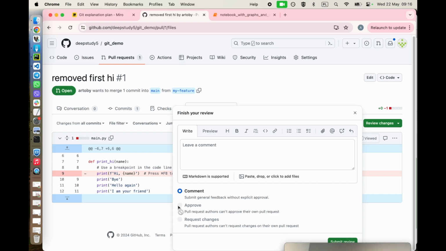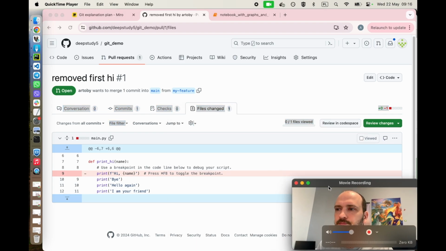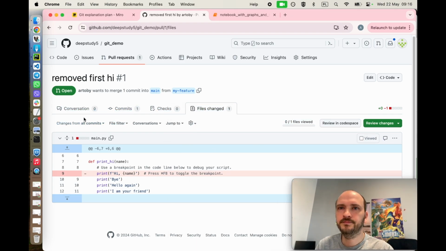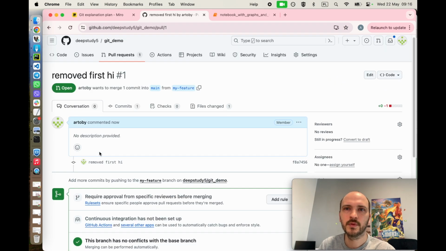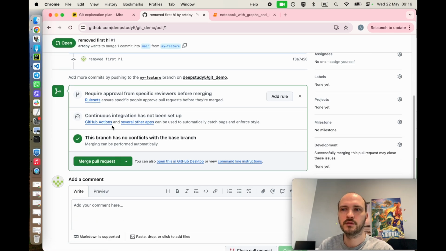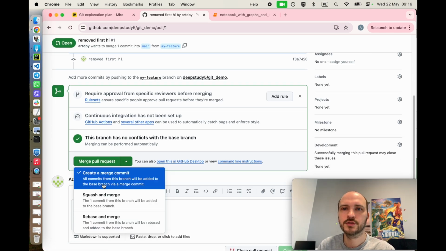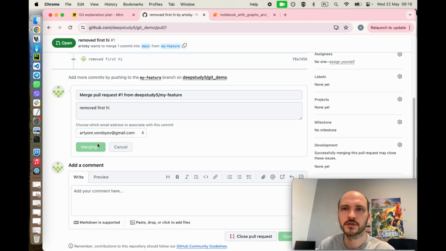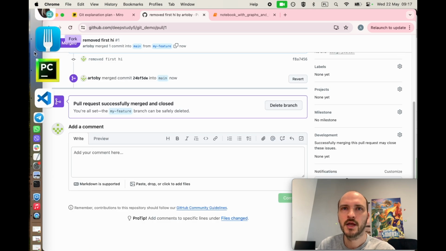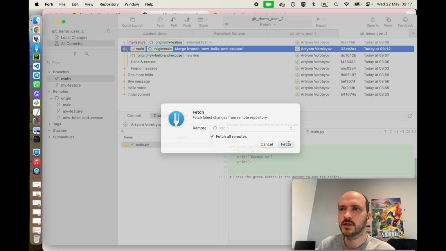Oh yeah, in this case I can't press approve because I'm the author, but if I were a reviewer, another person, I would be able to select approve here, and press submit review. Okay. And in GitHub, I can by default merge a request even without approval. You can configure it so that the approval will be needed. And you can also select the way of how you do the merge, but the default way is to do this with a merge commit. So I click merge here,